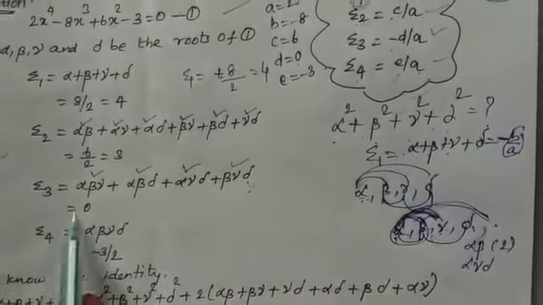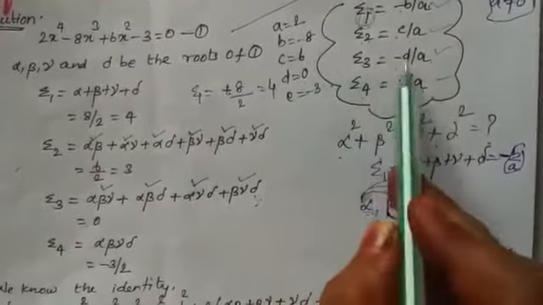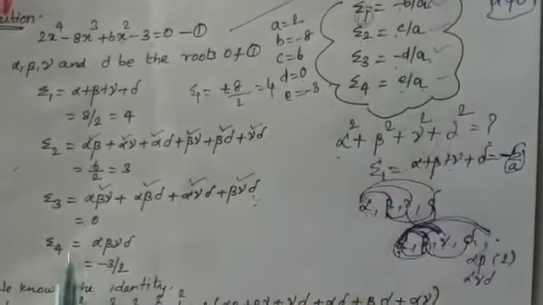Okay, good. That is equal to, what is sigma 3? Minus d by a. What is d here? 0. So 0 by anything will be 0. Okay, I am writing a 0 there.